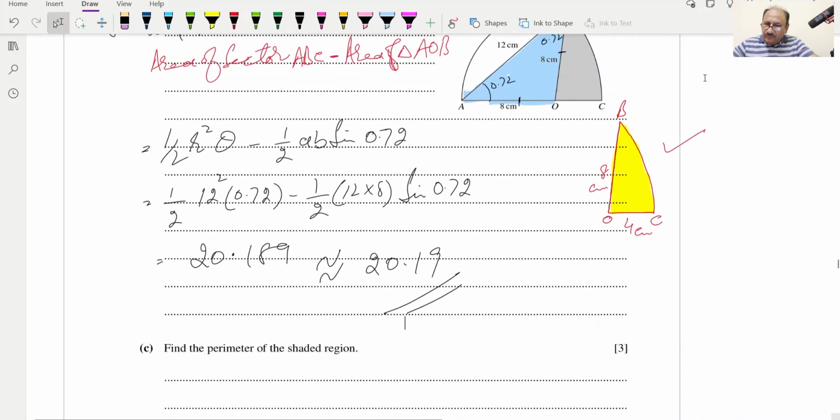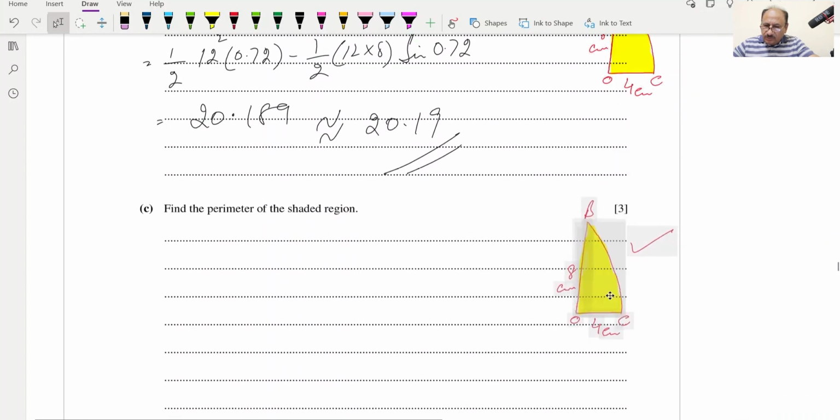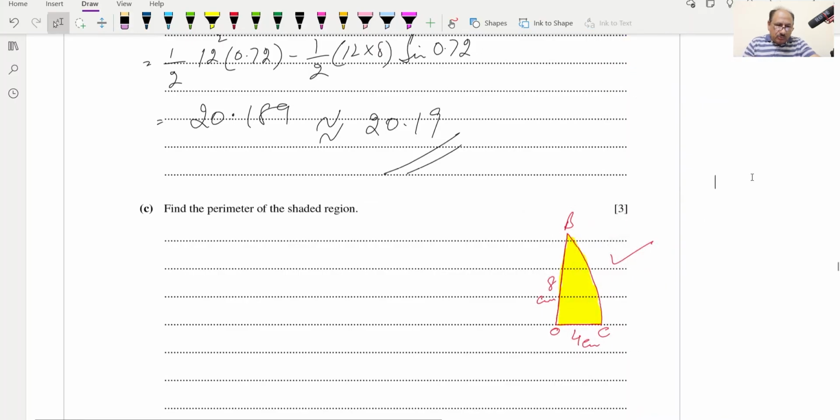Now we have this drawing which we will just move for this part. We can use it over here as well. So find the perimeter of the shaded region. Perimeter is equal to OB plus OC plus BC. So these three lengths. OB is 8, OC also we have, which is 4, plus BC